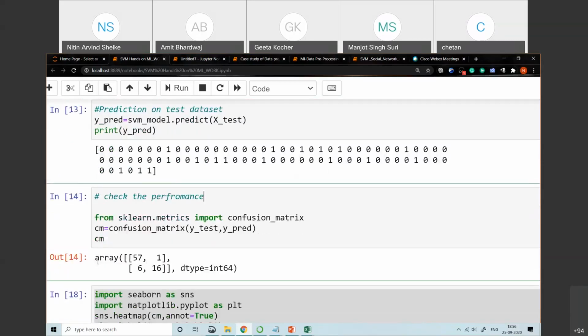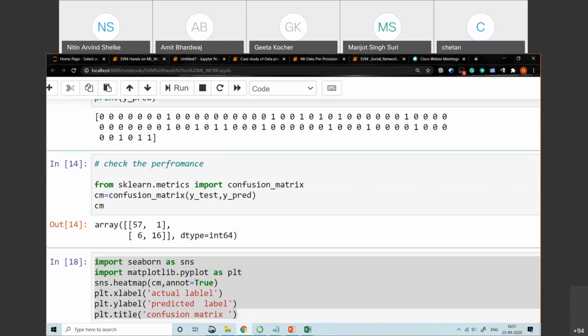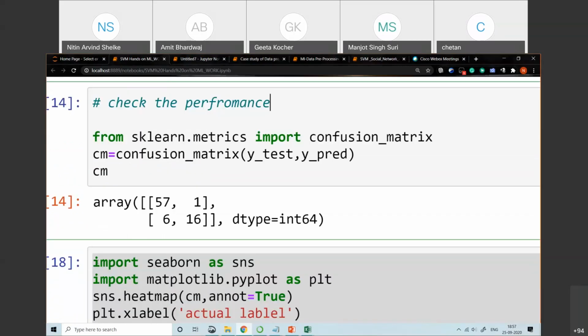So for the performance, we have different ways. The first way that we have discussed is the creation of the confusion matrix. Okay, in the confusion matrix, we pass the y_test and y_pred values and store it into cm, and we get this confusion matrix. Okay, and from the confusion matrix also we can get the accuracy just by adding the sum of the diagonal elements, dividing by the total number of elements present in your matrix, multiplied by 100.